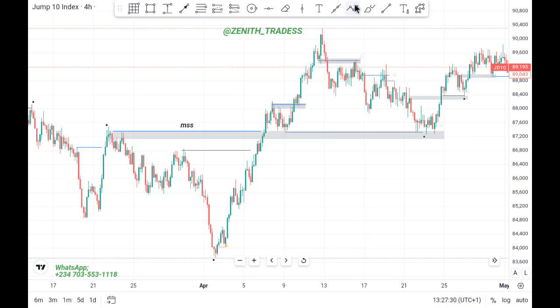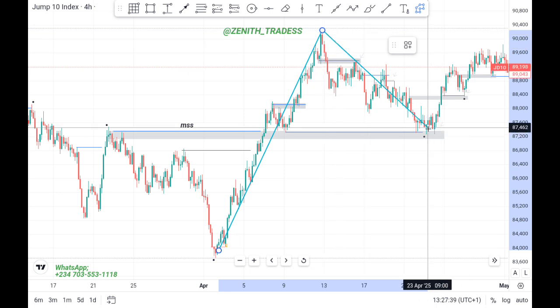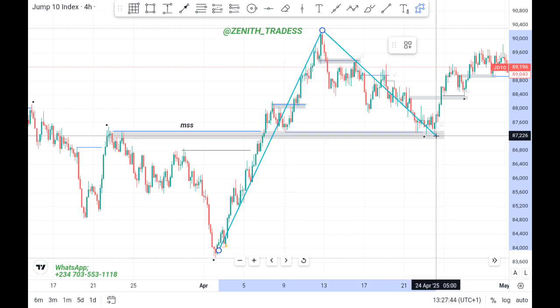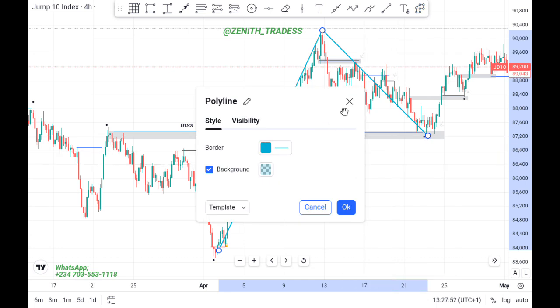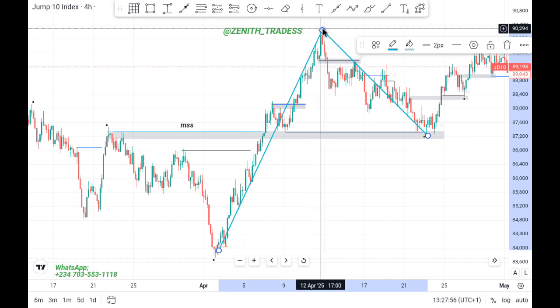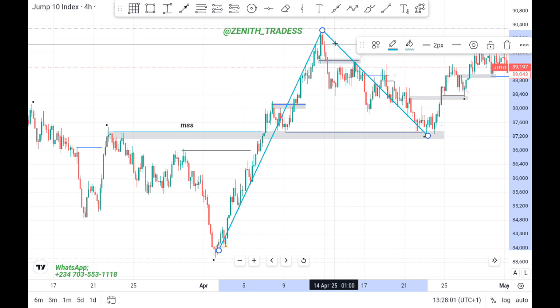So the whole of this leg is now the impulsive move. And after the impulsive move, we expect a corrective move. What the corrective move will do is go and sweep the liquidity of the pullback. You see, price comes back to weaken. Weaken means it sweeps the liquidity. I hope you understand this. So the whole leg is the impulsive move, and the beginning of the corrective move after giving us a major high is to come and sweep. All right, but as price is giving us that corrective move, I said we can trade